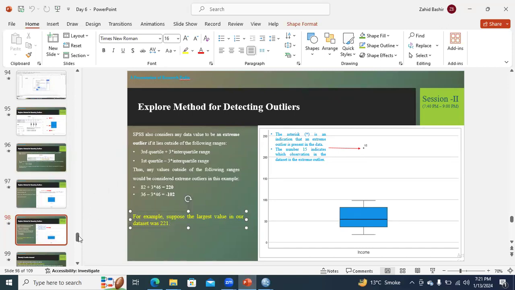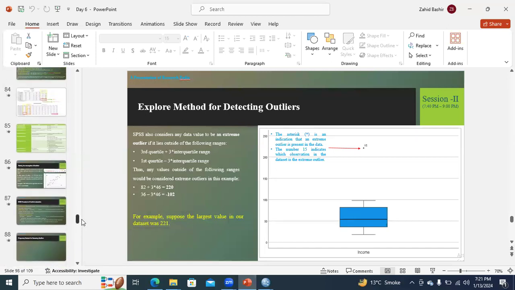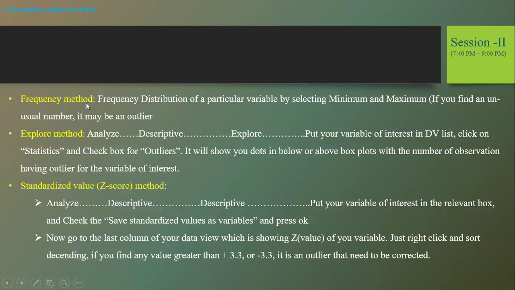So it was the second method that you can apply while outlier detection. I have told you there are three methods. The first method is frequency method, that is basically applied on Likert scale data. The second method is explore method that I have told you right now. And there is a third method, which is standard value z-score method. So how we can consider this method? It is basically analyzing